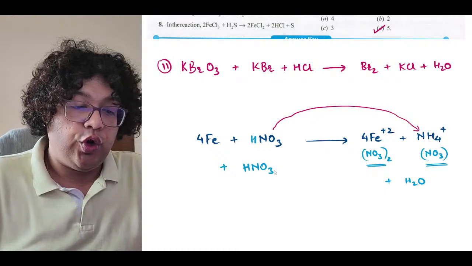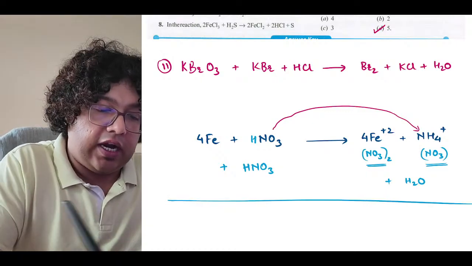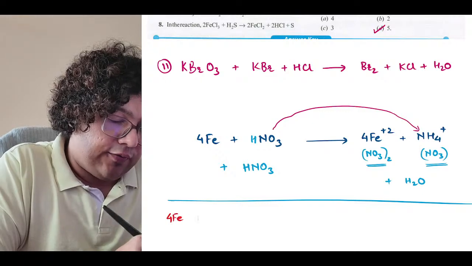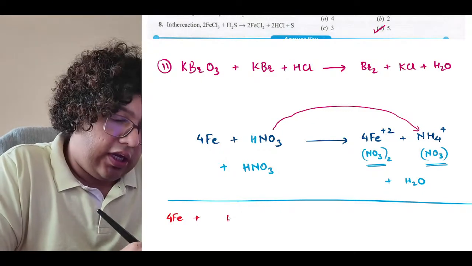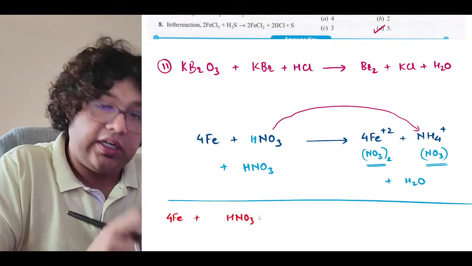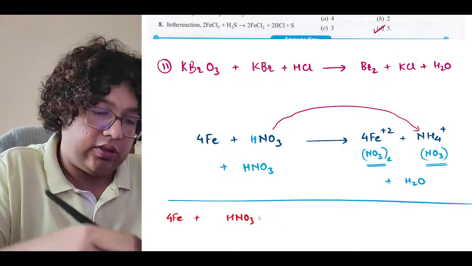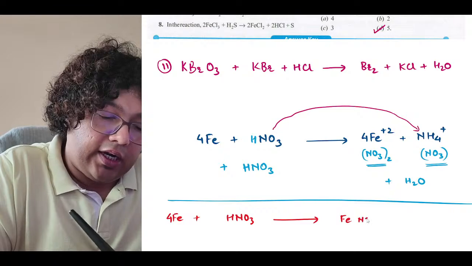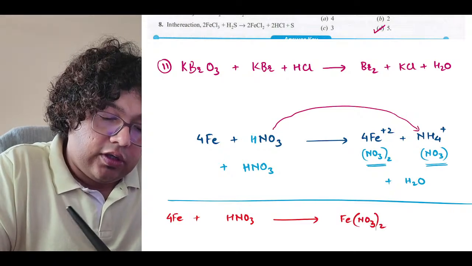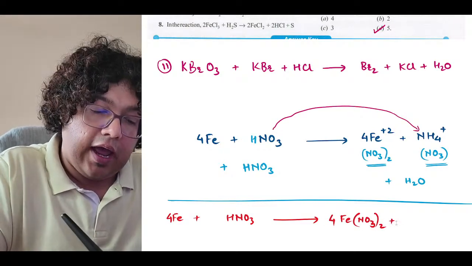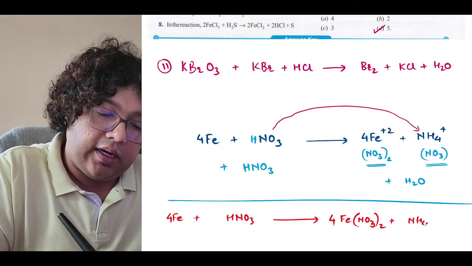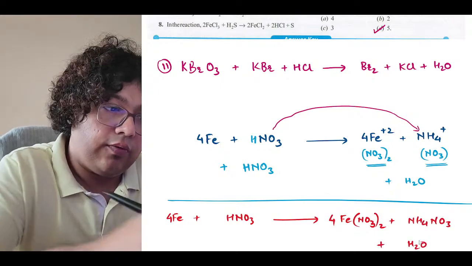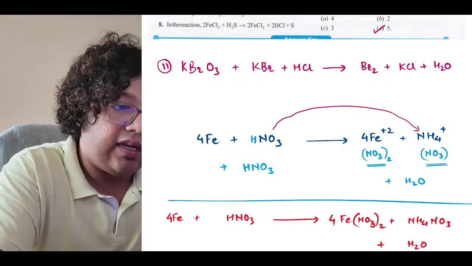Okay. So, in case of iron, this is the straightforward 4Fe. In case of HNO3, let me just calculate the number of HNO3 after this whole thing. For iron, I will require 2 nitrate for every ion. So this is twice, and this is 4, and 1 ammonium nitrate as it is, and water. Let us balance the water from the above reaction. Let's balance it over here.